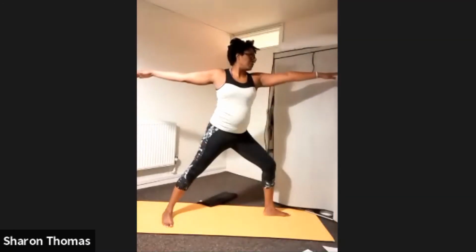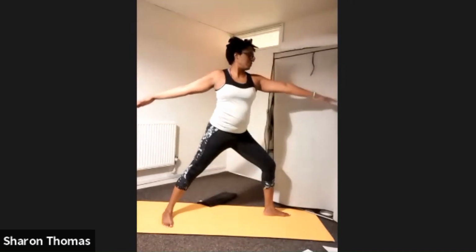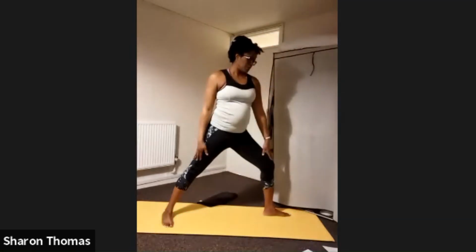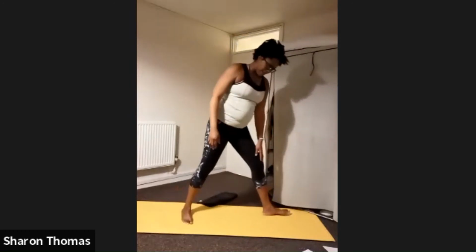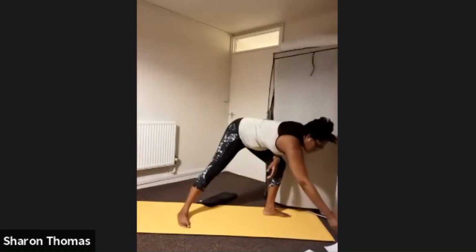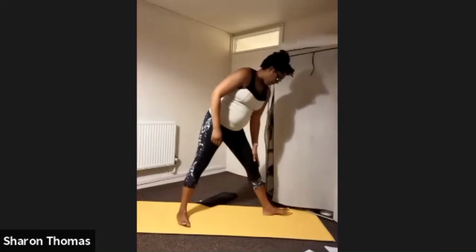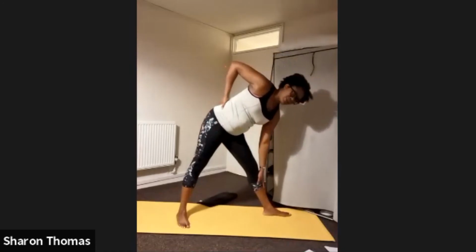So bringing the arms up if your arms are out and away from the body. Inhale and exhale. Bringing the arms down. And then straightening that front leg. So maybe bringing that back leg in slightly. So the front leg is straight, and we're going to run that left hand just below the knee,